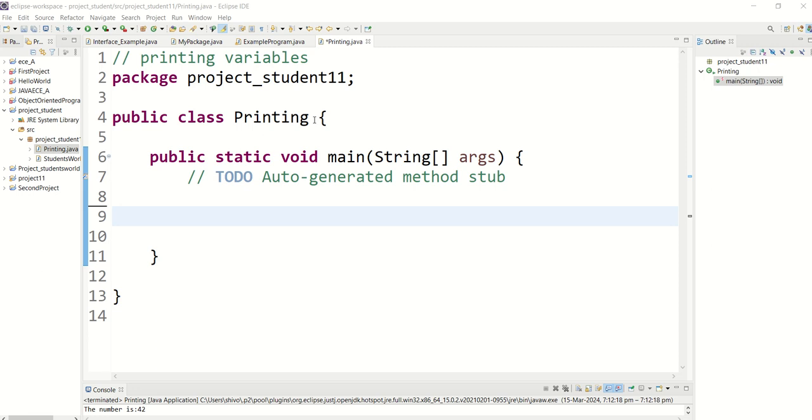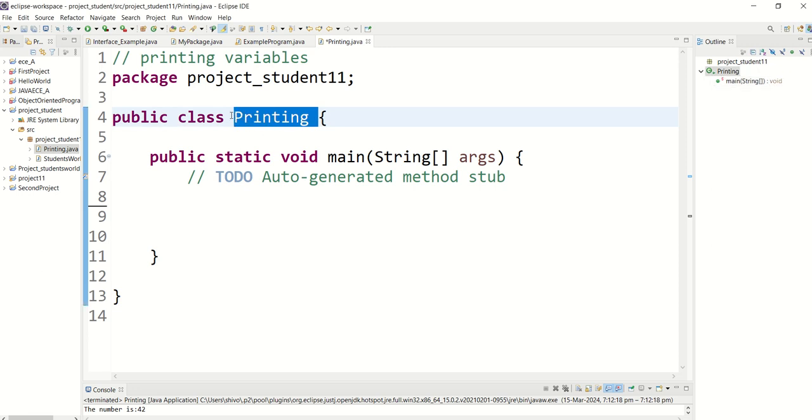So, we can see I have created a class with the name printing. So the file name will also be printing.java, as it is the main class. So this is the main method. In this method we are going to